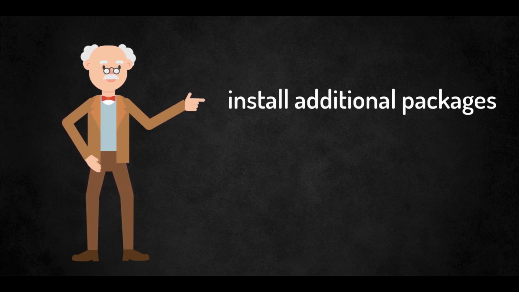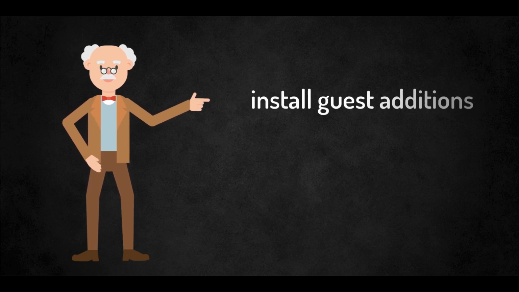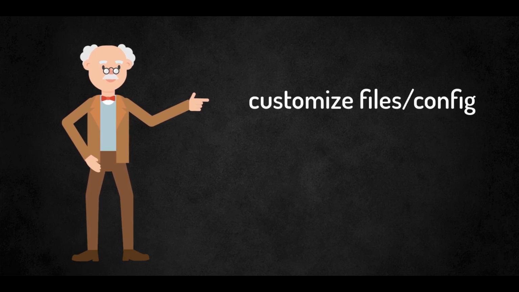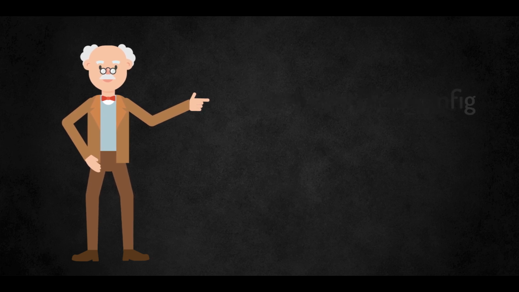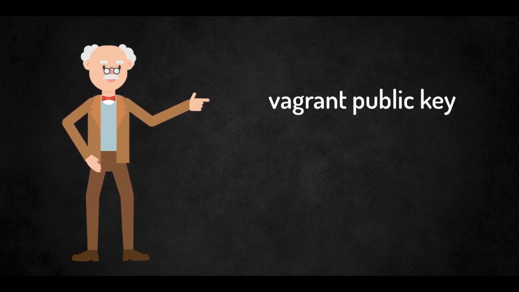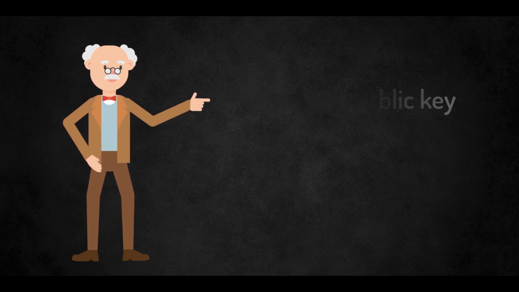After this, we can then reconnect and install additional packages that we want. Normally we're going to need build-essential, DKMS and our kernel headers. This is going to work well when we put our guest additions in. But we can install additional packages like git, curl, vim, nano, etc. With all of this done, we can then go ahead and install our guest additions. We might then need to customize files such as the /etc/inputrc and our sshd configuration. We need to make sure that we've got the public key for the Vagrant user added to the Vagrant user's home directory in .ssh/authorized_keys.